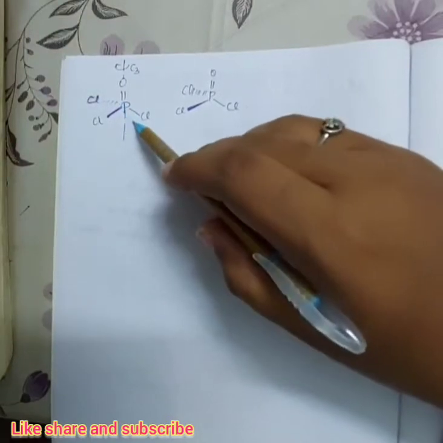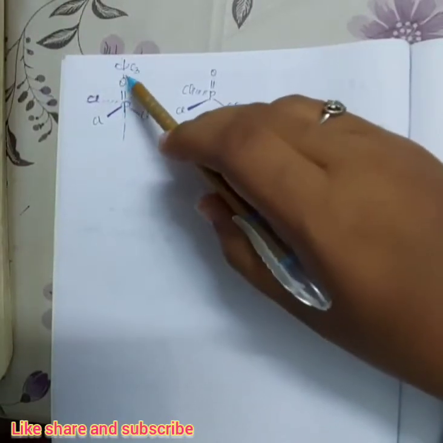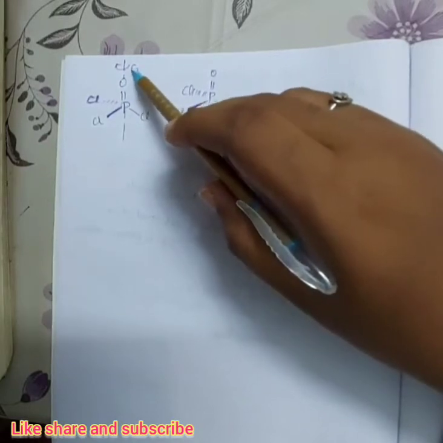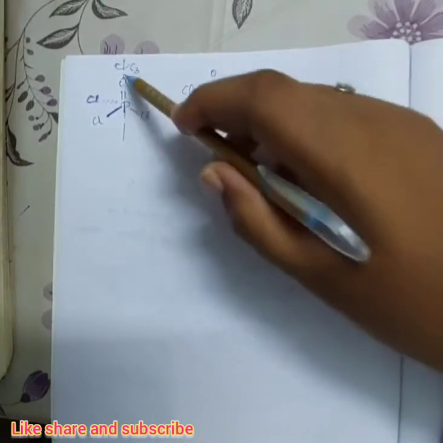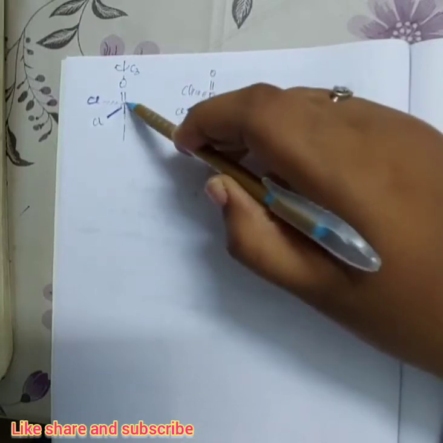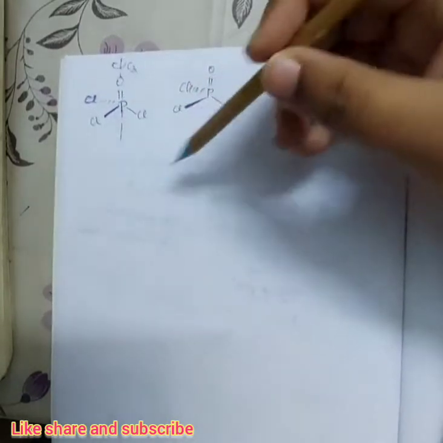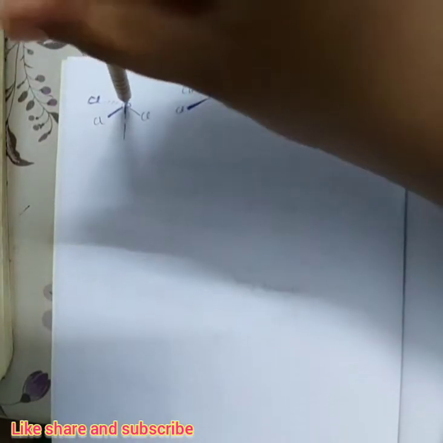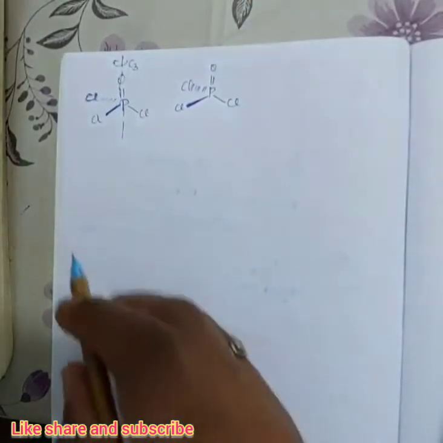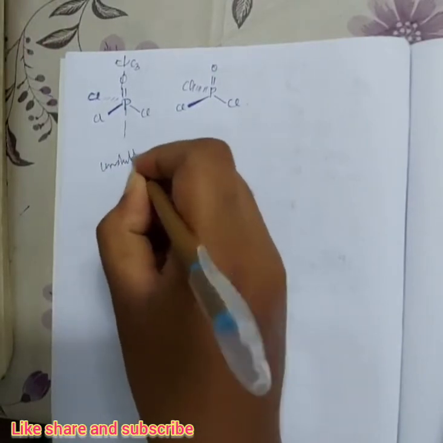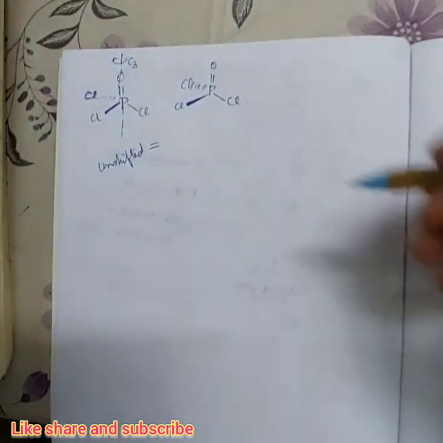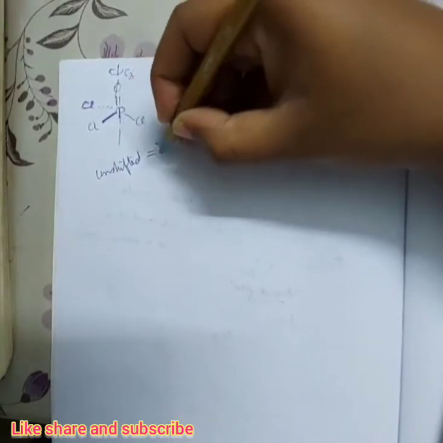So this is the case of the POCl3 molecule, and if we are doing a C3 symmetry operation on this element, the axis will pass along this P and O, that is phosphorus and oxygen, and we will have the axis like this, and we are going to rotate the molecule. So we have this phosphorus and oxygen unshifted, and all these three are shifted. So the number of unshifted atoms will be 2.